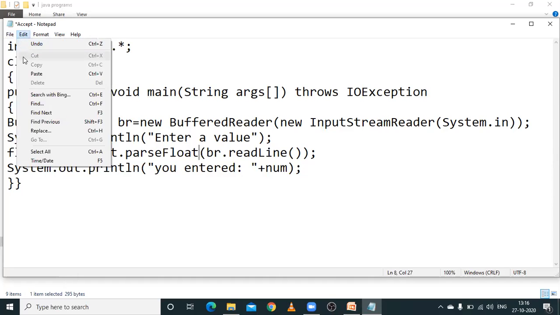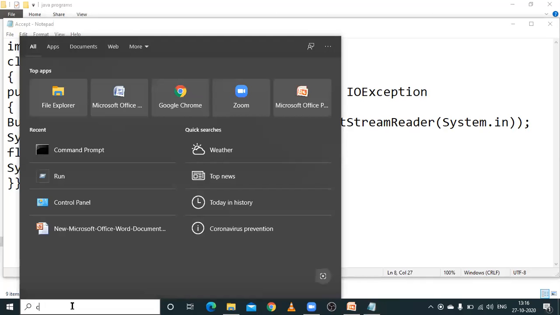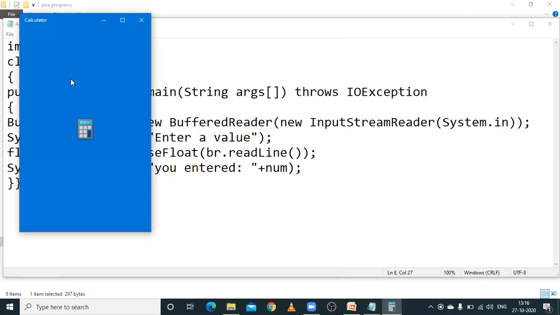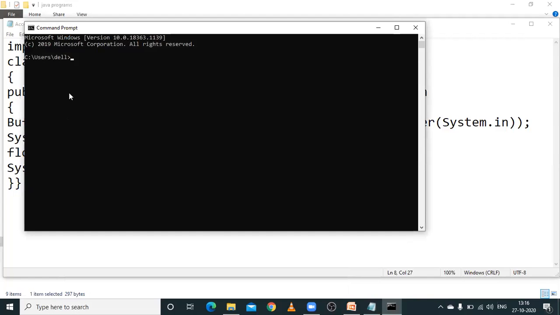I will save it once again and go to the command prompt to compile.